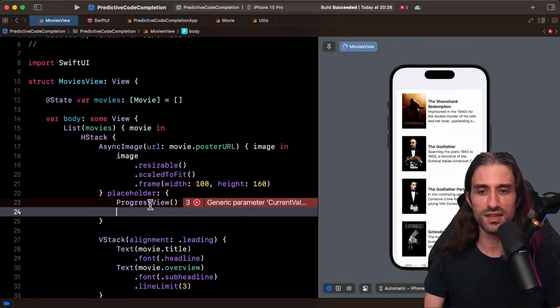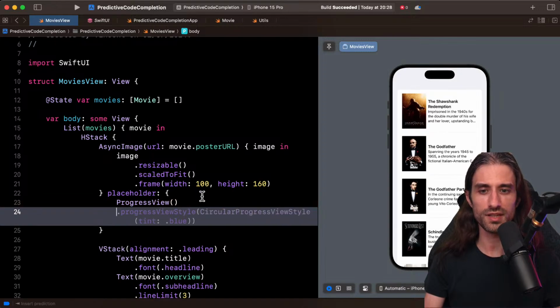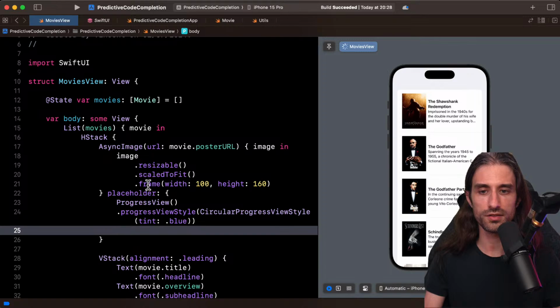And what I want to see is whether it's going to suggest using the same frame as what I have above. So, okay, why not this style? But I want to see if it suggests the same frame. Yes, it did suggest the same frame as above. And you can see that originally it suggested 150. And then I changed it to